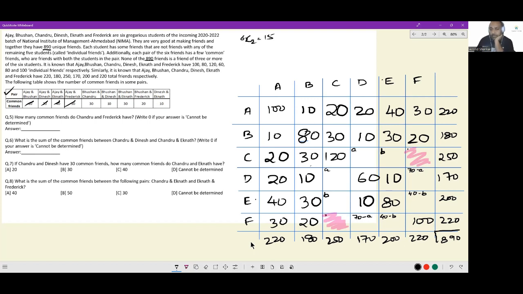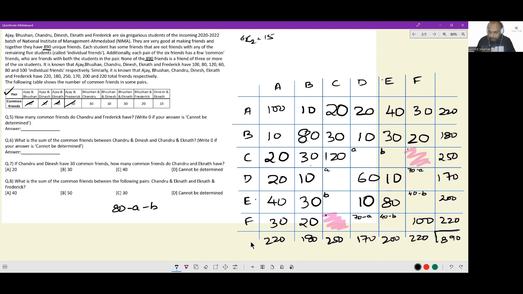Let's say right now I have 170 created. So column wise, I can say this cell here, CNF. Column wise, I have 170 already here. So that cell should be 80 minus A minus B. Column wise for C, 170 is already created. I need to reach a total of 250. So 80 needs to be added, and A and B, the two variables, need to be gotten rid of. Okay, this I can do.